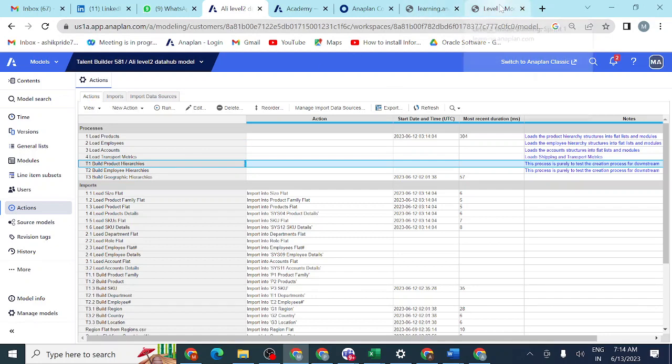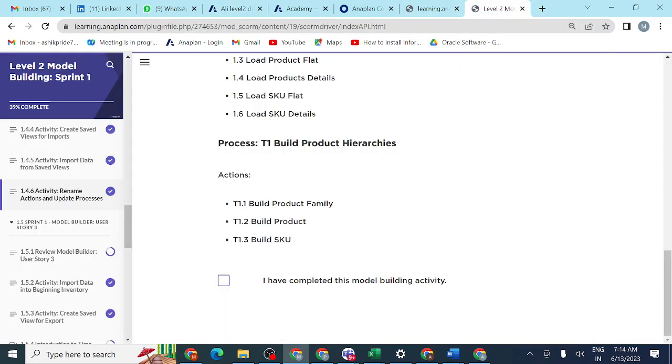You can see here each and everything they are guiding. Already these two are existing. The third one we completed, so we should insert this one.